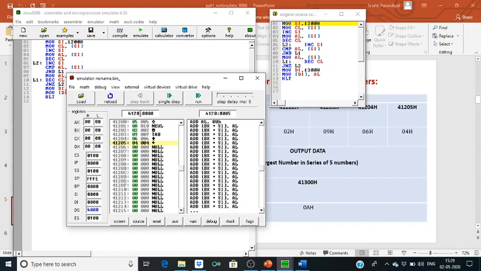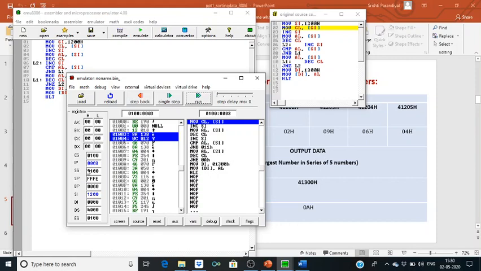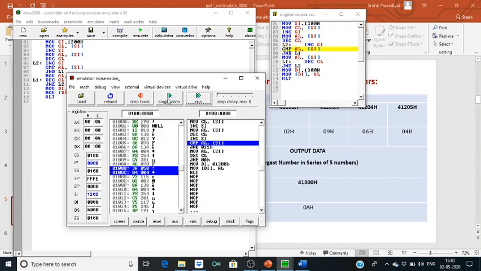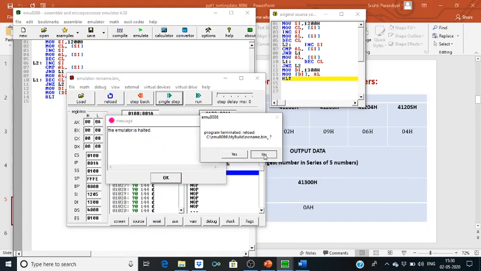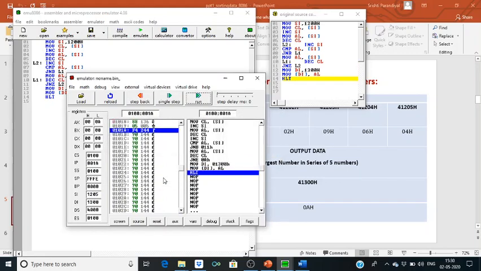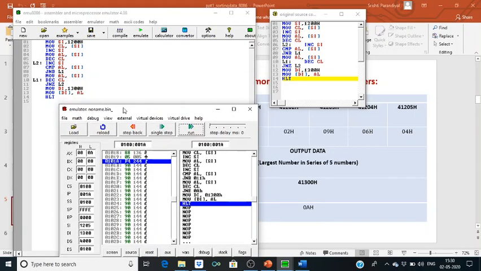Now we will go back to the code segment, which is 0100, and now we will execute our program step by step. In this way you can see the status of registers after execution of each step. So we have executed. Now we can go to the destination address, which is,